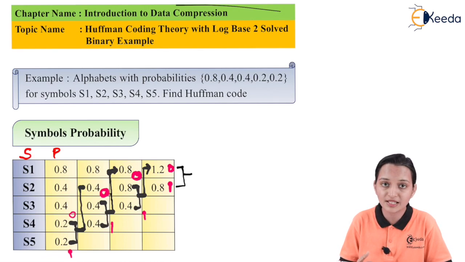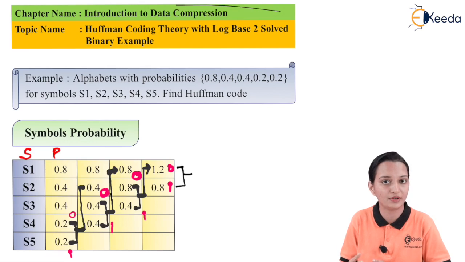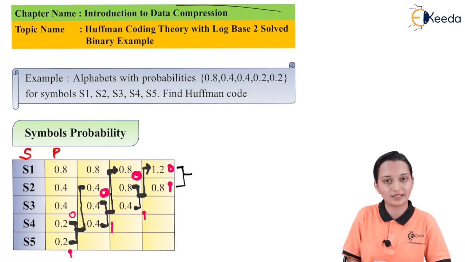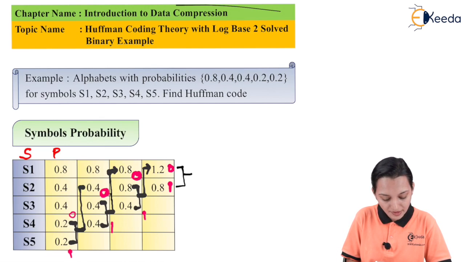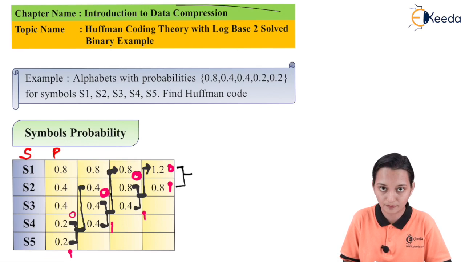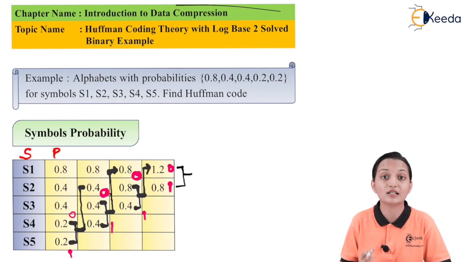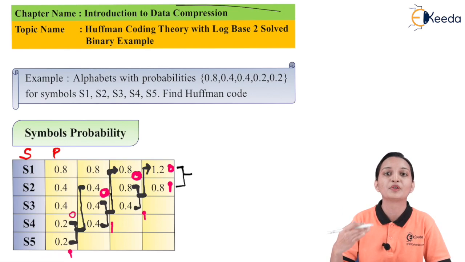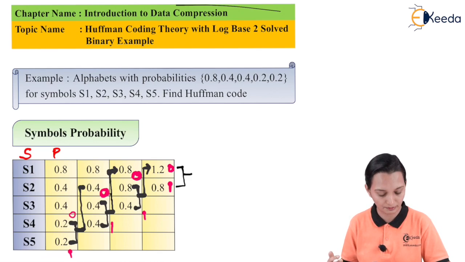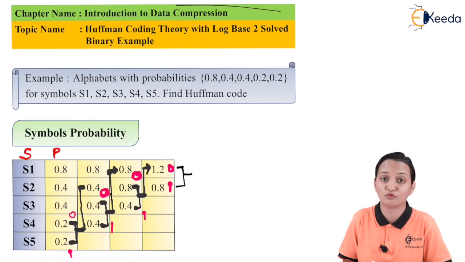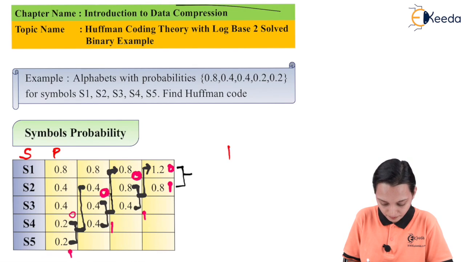As high as possible means what? I cannot directly move it to the first probability level. Why? Because the first probability is 0.8, and our sum is 0.4. So obviously 0.4 is less than 0.8. Hence I cannot shift it directly to probability number 1. Rather, as high as possible means after 0.8, what is the present probability? 0.4. So compare